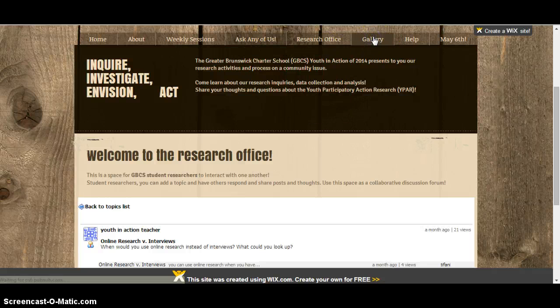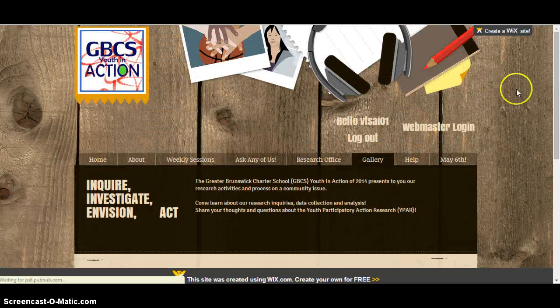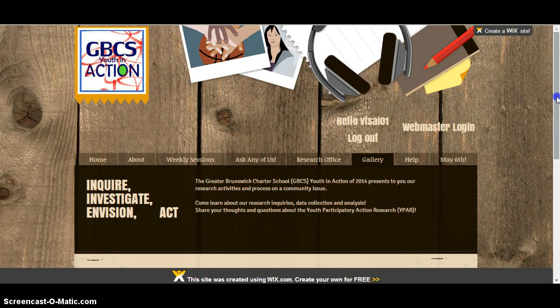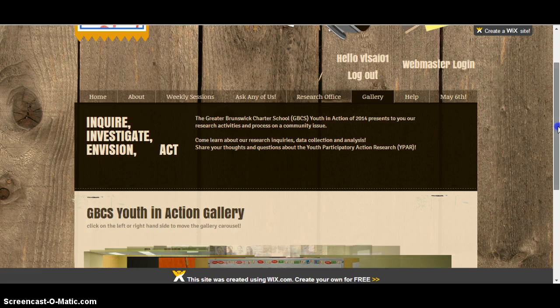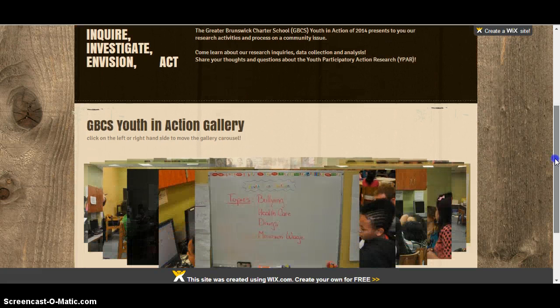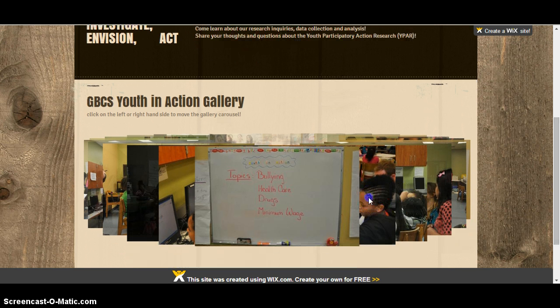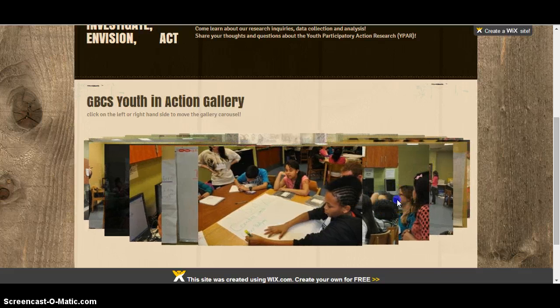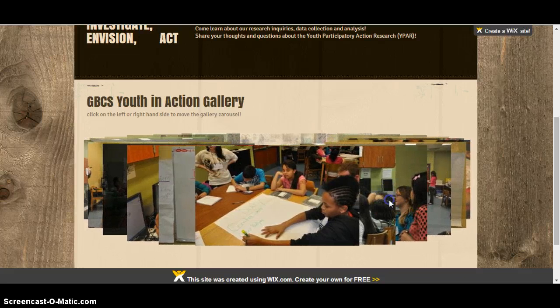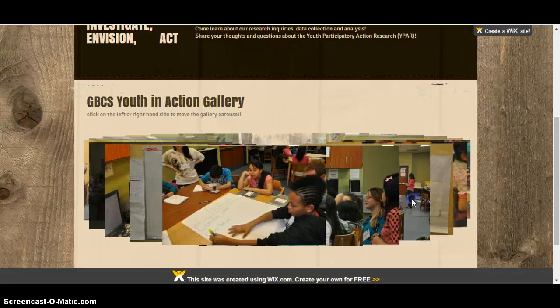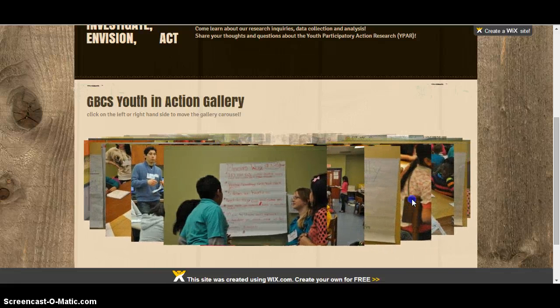And then this is our gallery of all the pictures of the students throughout the whole entire week. So it's pretty cool. It's like a carousel, so you just have to click on each side to go through each picture, and I put the date on each so that you know